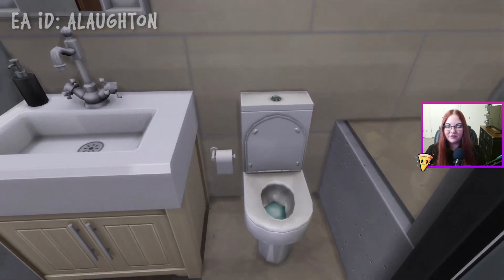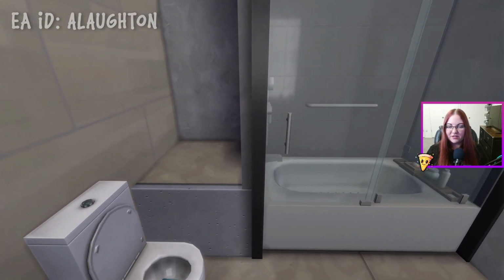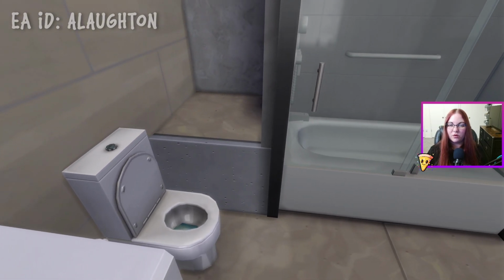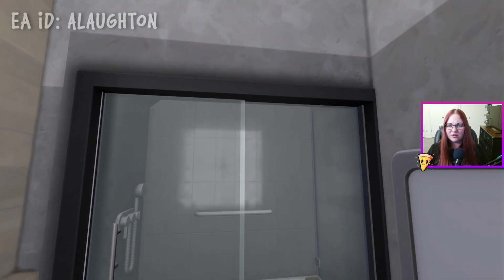And in here we have... Okay, no violation. Excuse me, no violations. Love this. You know I love when you guys do the little... It's a 1-by-1 room, and then you just increase it on platform height to create like a built-in shelf. Very cool. I also like that you...